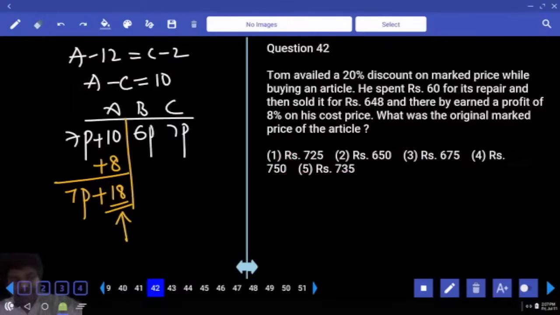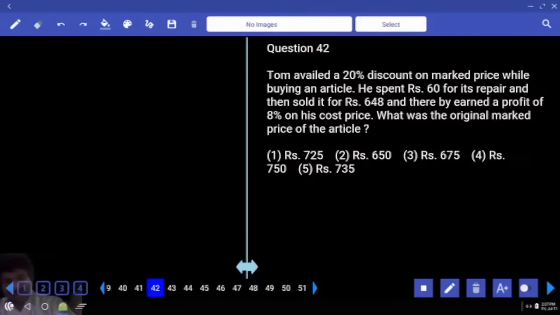Tom allowed a discount of 20% on the market price while buying an article. He spent 60 rupees for its repair and then sold it for 648 and thereby earned a profit of 8% on his cost price. What was the original market price of the article? Okay. Now,